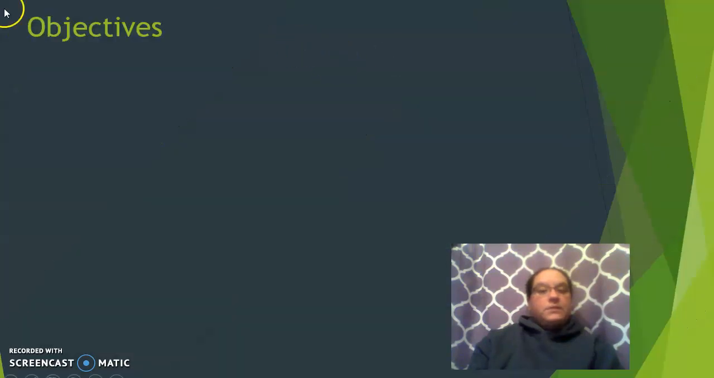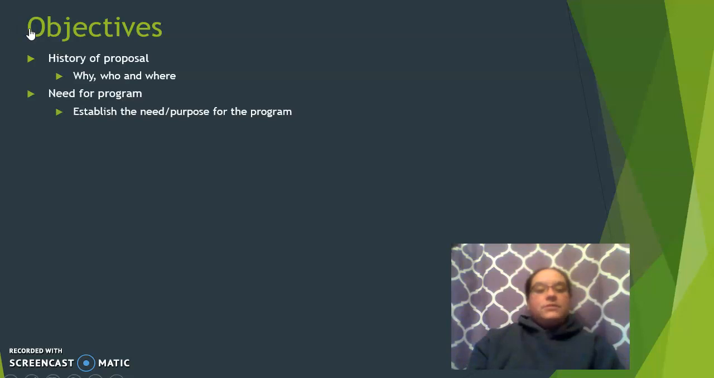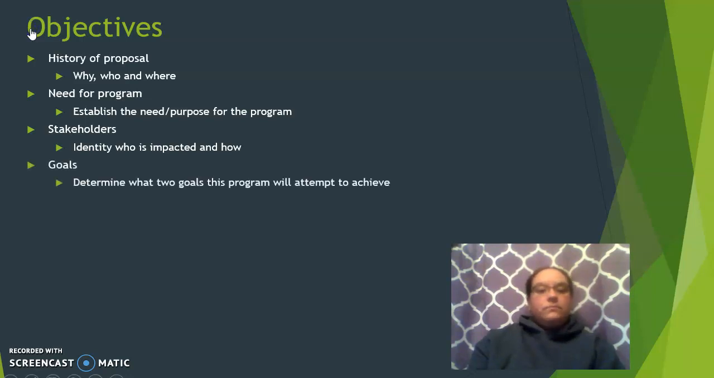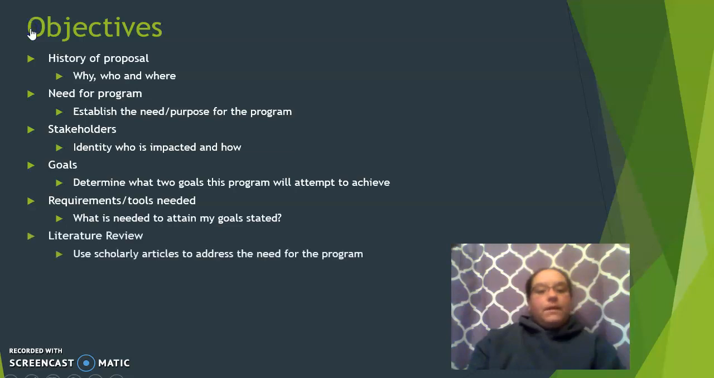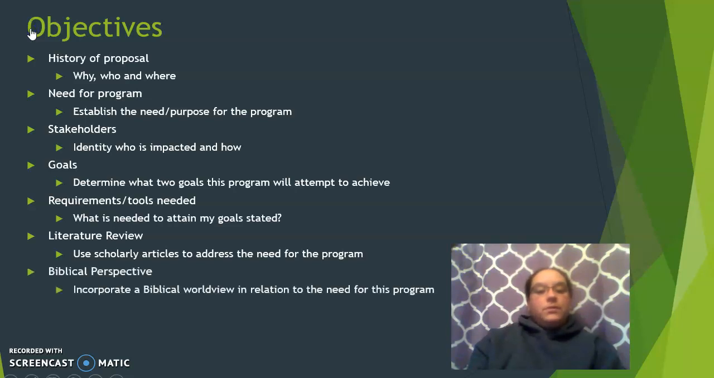The objectives of this presentation are the history of the proposal, the why, who, and where, establish the need or purpose for the program, identify who the stakeholders are, how they are impacted, and how to communicate with them, determine what two goals this program will attempt to achieve, list the requirements or tools needed to attain the goals stated, review scholarly articles to address the need for this type of program,